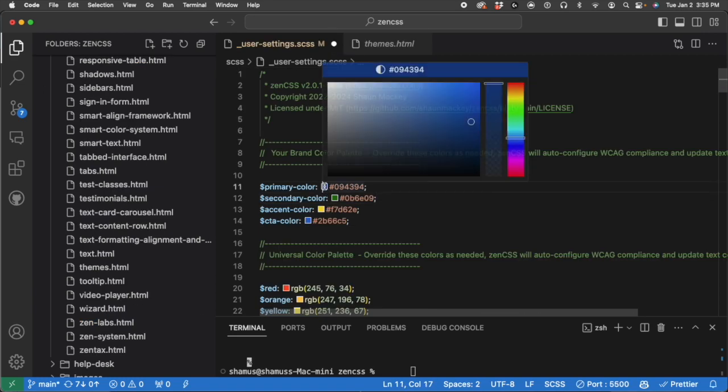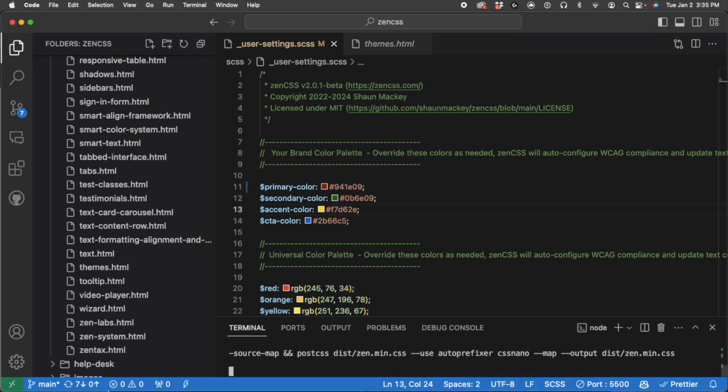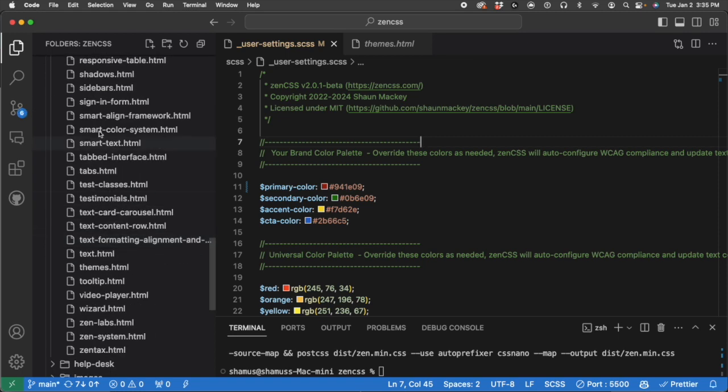And so coming over here, let's take this blue for example, and let's say we wanted to change this blue to a red, right? We could go ahead and just do that, save it, and then we're going to go ahead and recompile our CSS files. So we'll hit npm run build CSS. That will generate all our new source maps and our minified files and our CSS and everything. And then if we go to docs and examples and then go to the smart color system